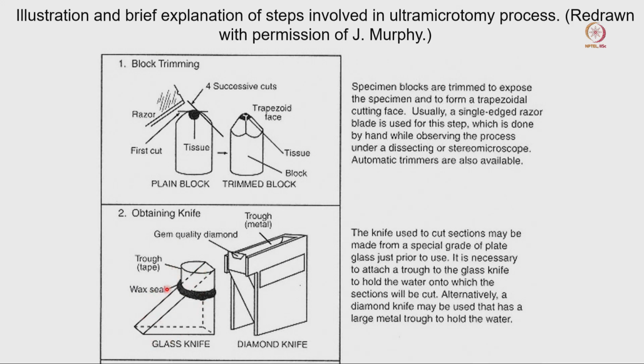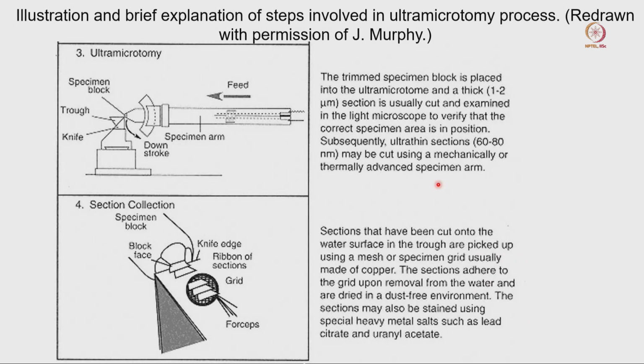So, we are using this glass knife to cut the section, and when that is ready, this is how we are doing that section. So, this is our specimen block where the specimen arm is going to hold this one. We have to tighten this entire thing, and if required we can tilt or change the position of the tissue sample. There are multiple screws in the ultramicrotome, multiple buttons which we can use to regulate the position of this tissue sample. And then this is the knife. We are using this knife to cut this section, and it will be stored in this liquid, in the water.